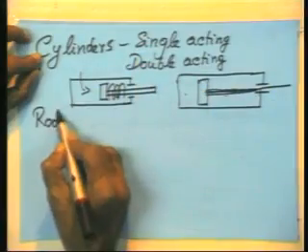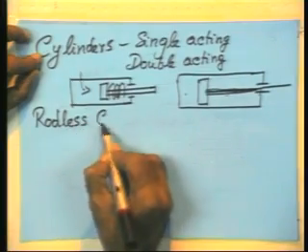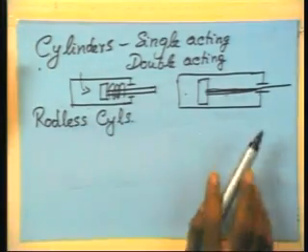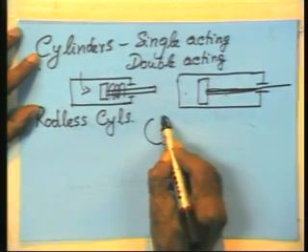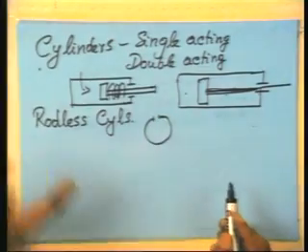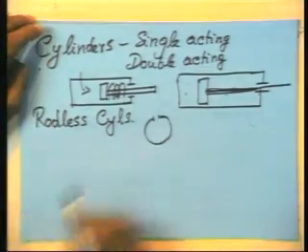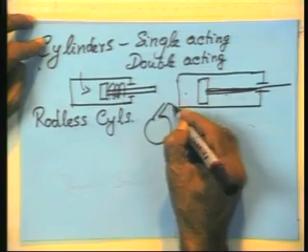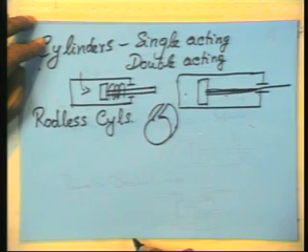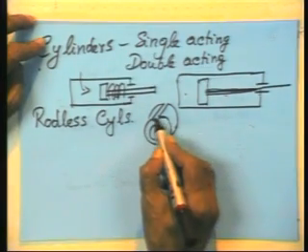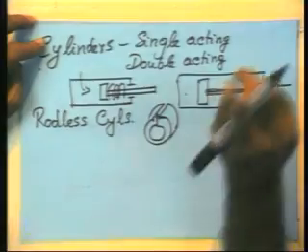There are what are known as rodless cylinders. They are more expensive. Essentially, the cylinder will be something like this. There is a cut here. Take a tube, cut it along the length, slit it. Now the piston is kept here, and something projects out of the piston through the slit, and that's the one that's moving up